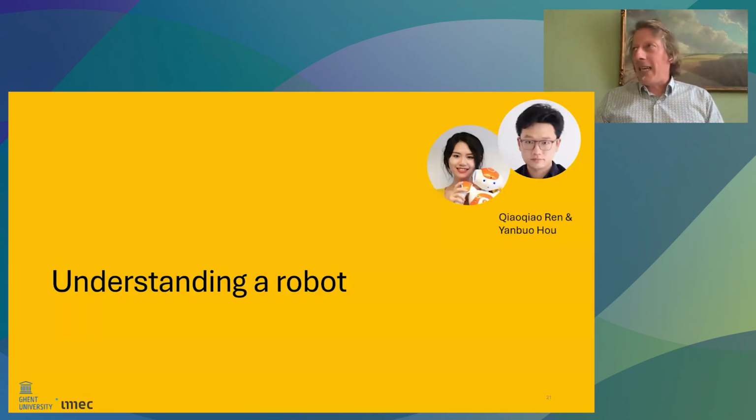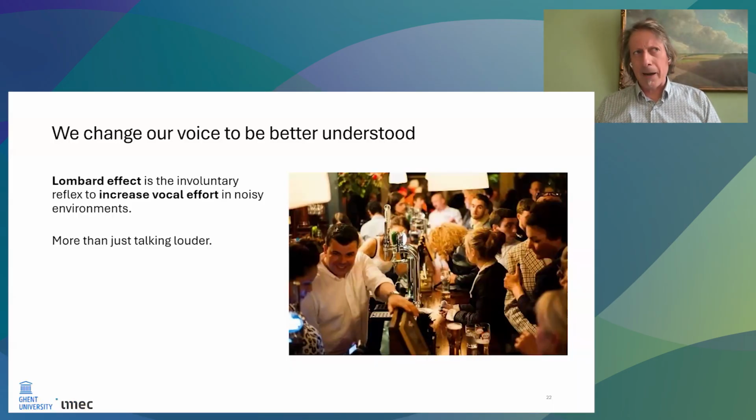When our robots are speaking, have you ever noticed that they always seem to use the same voice? Now, we don't do that. We humans change our voice depending on the circumstances. For example, if we're in a loud bar, we will not only talk louder, we will put more energy into our vocal effort. We'll increase our vocal effort to be better understood by the people we're talking to. This is called the Lombard effect. And somehow, robots and digital devices don't do it. At best, they will only talk louder. And that's not really ideal, is it?